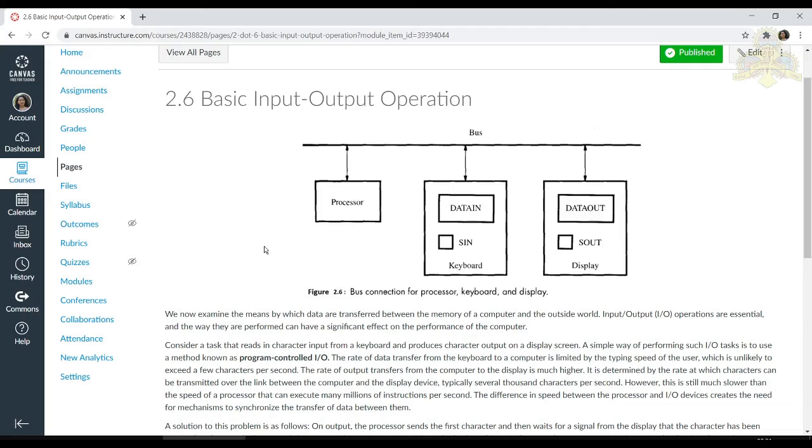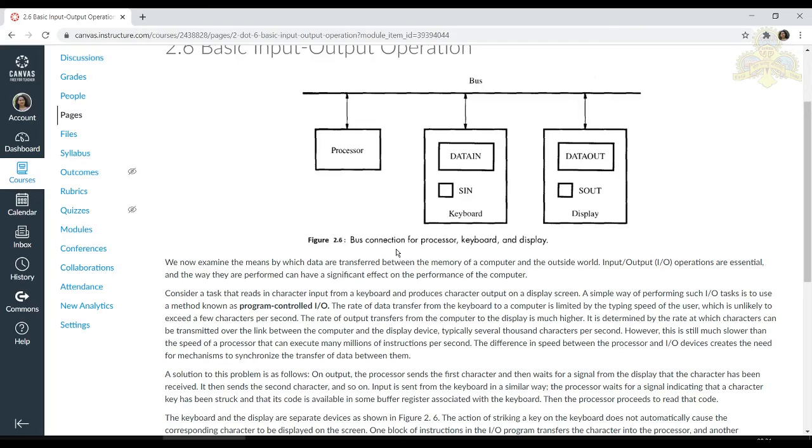For that, we will use program controlled IO. The solution would be having a buffer register in your input and output devices. When a character has been entered from the keyboard, the processor waits for the signal saying that a key has been pressed on the keyboard.